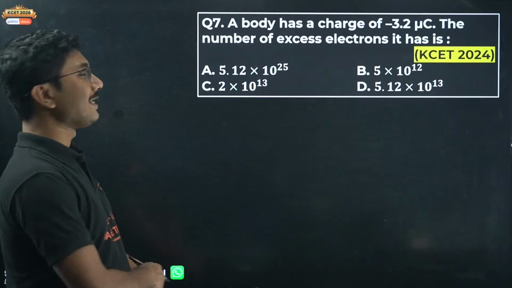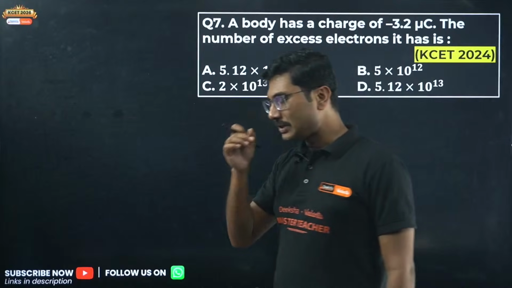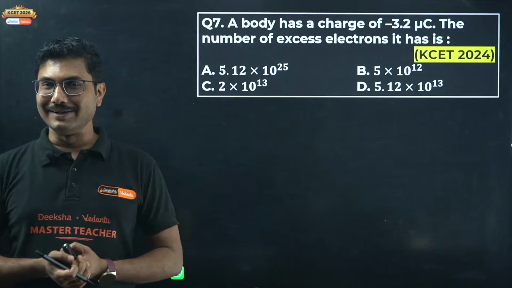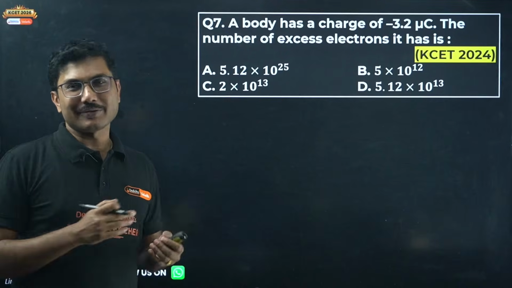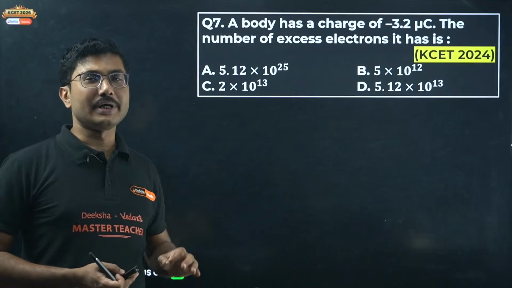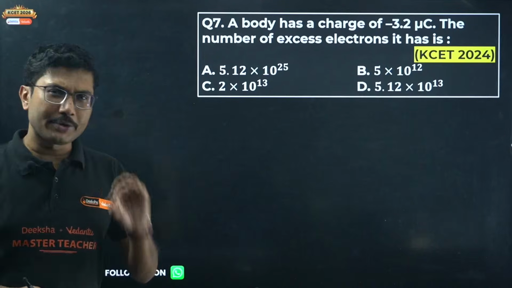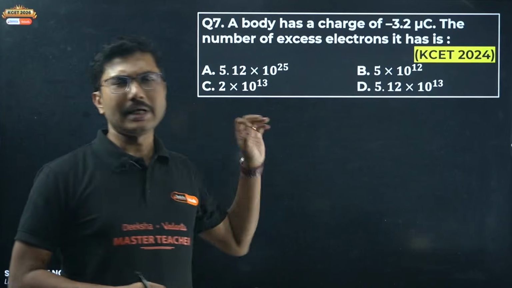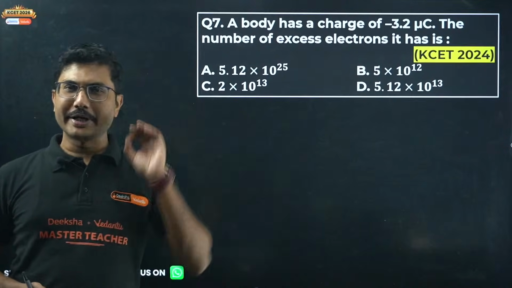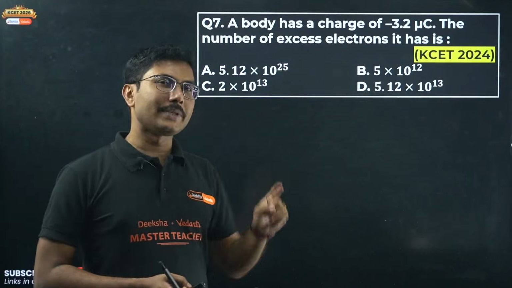Next question number 7. You are partially correct, Kishore, because if the question is easy, you will be able to answer it easily, so for an easy question they try to make the question a little longer. There are a few questions in KCET which are very difficult, and you should not try to attempt them. Last year the paper was easy, but apart from that, every year at least one question is very lengthy and very difficult. If you waste your time on those questions, then your entire exam will be gone, so you can skip that one particular question.